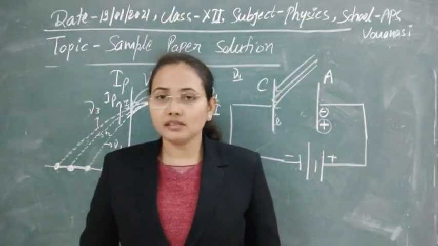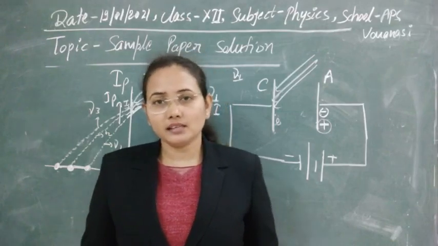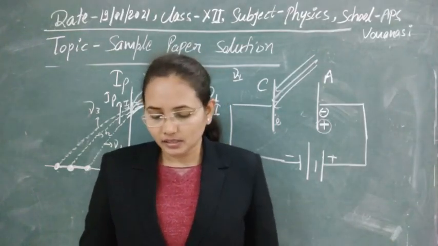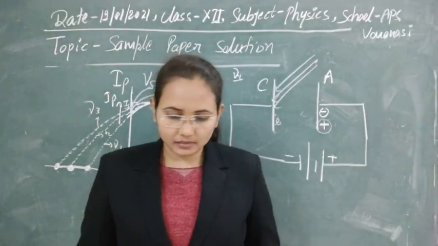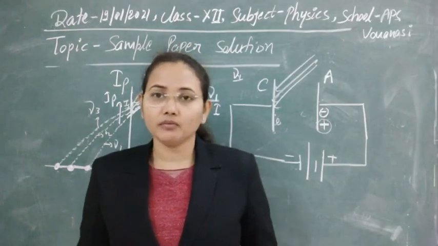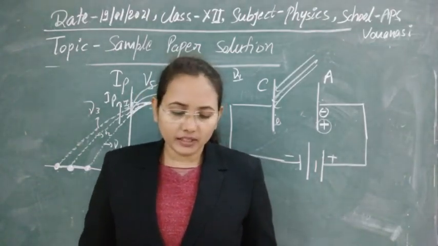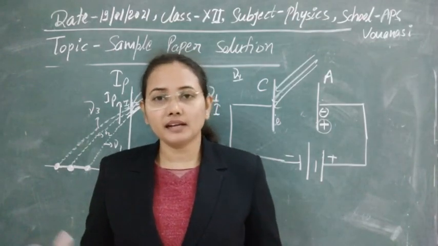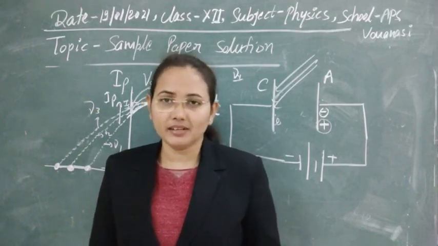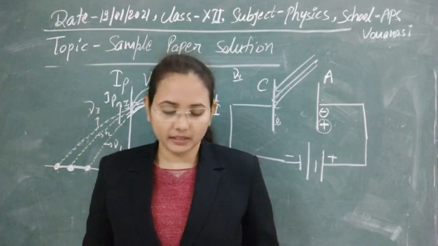So we have just discussed three of the sections. Till section 3 we have discussed all the questions. So now let's come to section 4. In section 4, one of the questions gives data for forward current and forward voltage and reverse current and reverse voltage, and we have to plot a graph for that. So there is no need to explain that again.